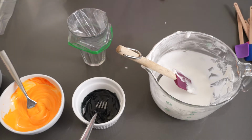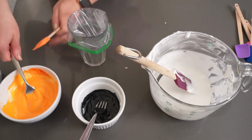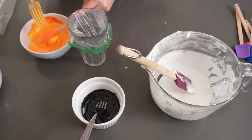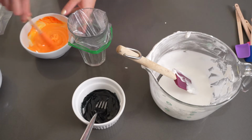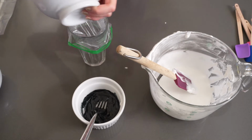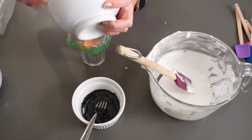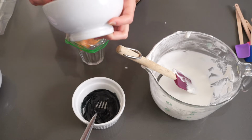Now it is time for the last step. In this step, we are going to be putting the icing into a bag. So typically I would use a piping bag. However, I'm currently out at the moment, so I'm using a sandwich bag. That's just what the specific type of Ziploc is labeled, that's the size, I guess. You want to make sure that your Ziploc or plastic bag only has 2 corners, and that is because